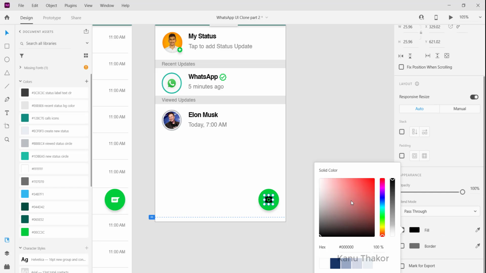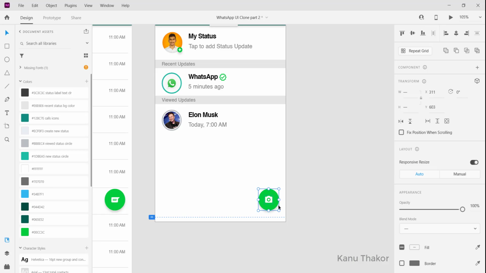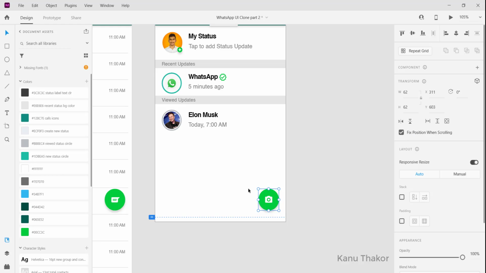Now we will change its fill color to white. Now select both of them and then again group them, and as we did earlier, fix their position when they are scrolled. So this is now fixed.